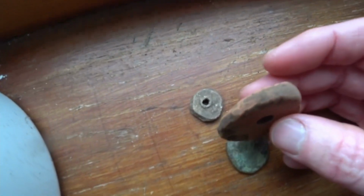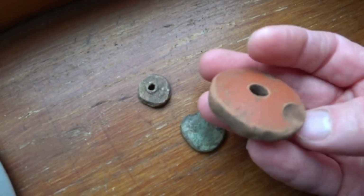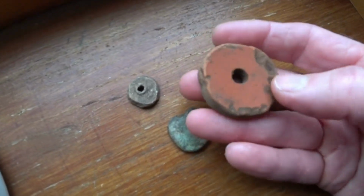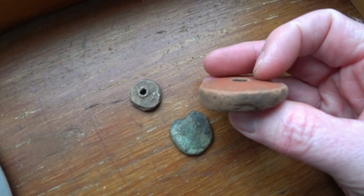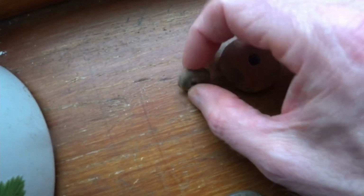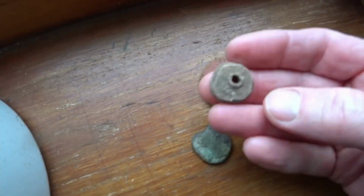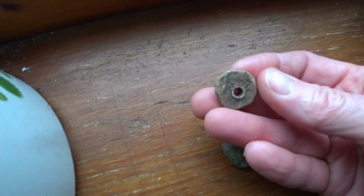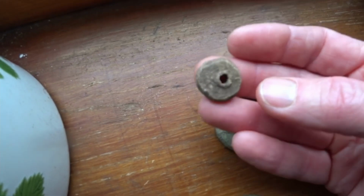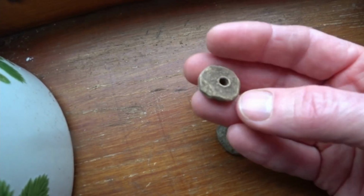But yeah, look at that, absolutely beautiful. So it's like got a curve on the top and like a convex and then concave that side. But I'm thrilled with that find, and that was in the same hole. So I don't know if they kind of worked together or whether they were just, I don't know, dropped by the same person but not used at the same time, or builders tapping away on the neighbour's house. So yeah,